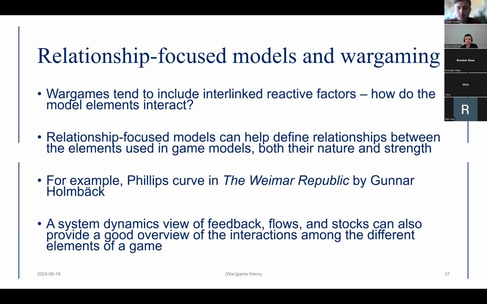But these are also relevant for when we are considering war games, because war games also tend to have these relationships. Some of them are very linear. Some of them can be closer to system dynamics, with increased complexity. Because if we have a war game as a model, then different elements, factors and variables included in those war games interact not only with players, but with something that exists outside of players'